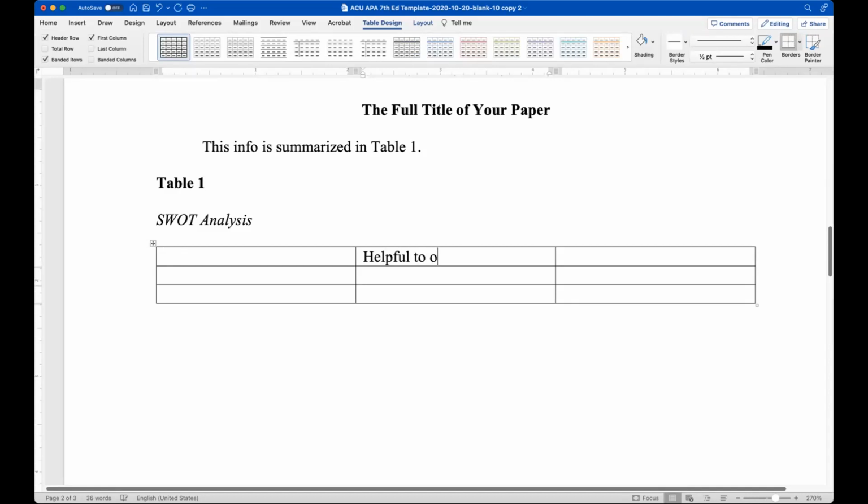helpful to objective, harmful to objective, weaknesses, threats, opportunities, and strengths. So those are the core elements of a SWOT table, and we also need the labels for here. So origin,